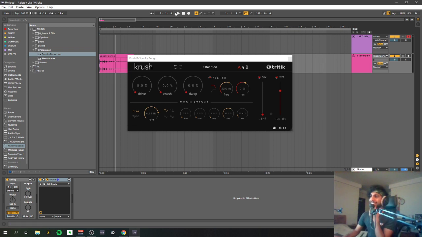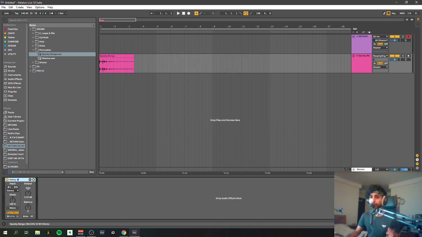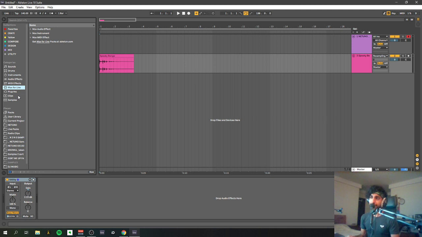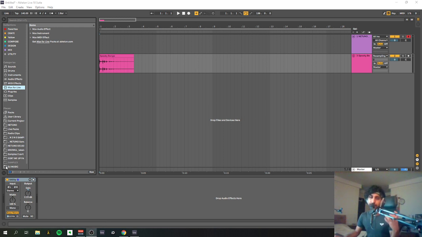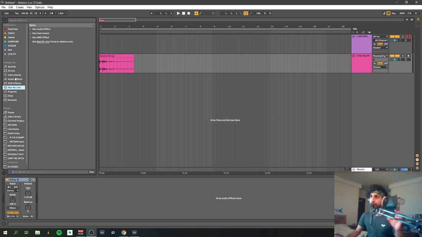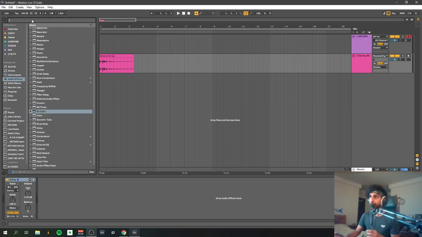Okay, so the Crush is an awesome bit crusher, but it's not the only bit crusher I use. Like I said, I actually find myself going to the Ableton stock bit crusher all the time, depending on what I'm trying to do. When you go back to learning the stock gear, you really understand how that type of effect works. So by using the Ableton stock bit crusher, which I'm going to drag on now,